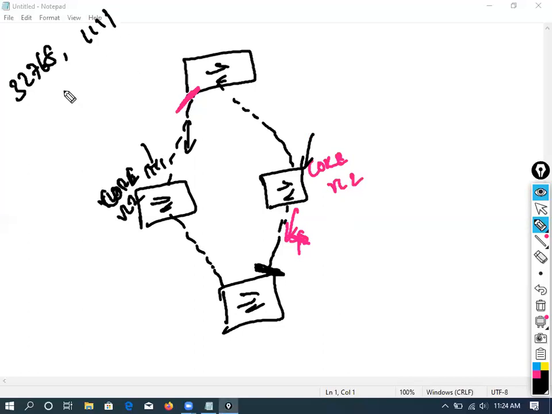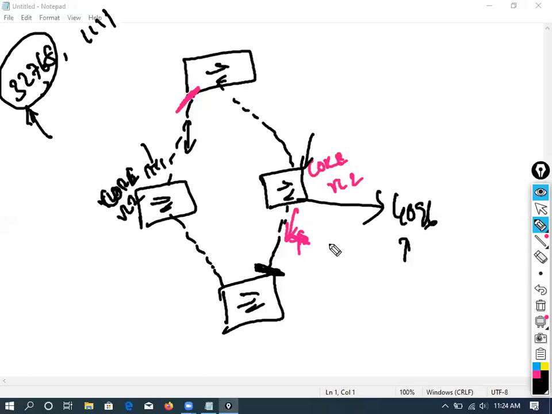The first one is actually the bridge priority. This is the default state, but you can change that. That's the only configuration you can do here. You can manually say, okay, this is the core switch now. I'm going to give the priority, for example, 4096. Now this has the lower priority. Is it clear? Now this will be a core switch. For VLAN 2, I'm going to specify that. Clearly understand? This configuration you can do.